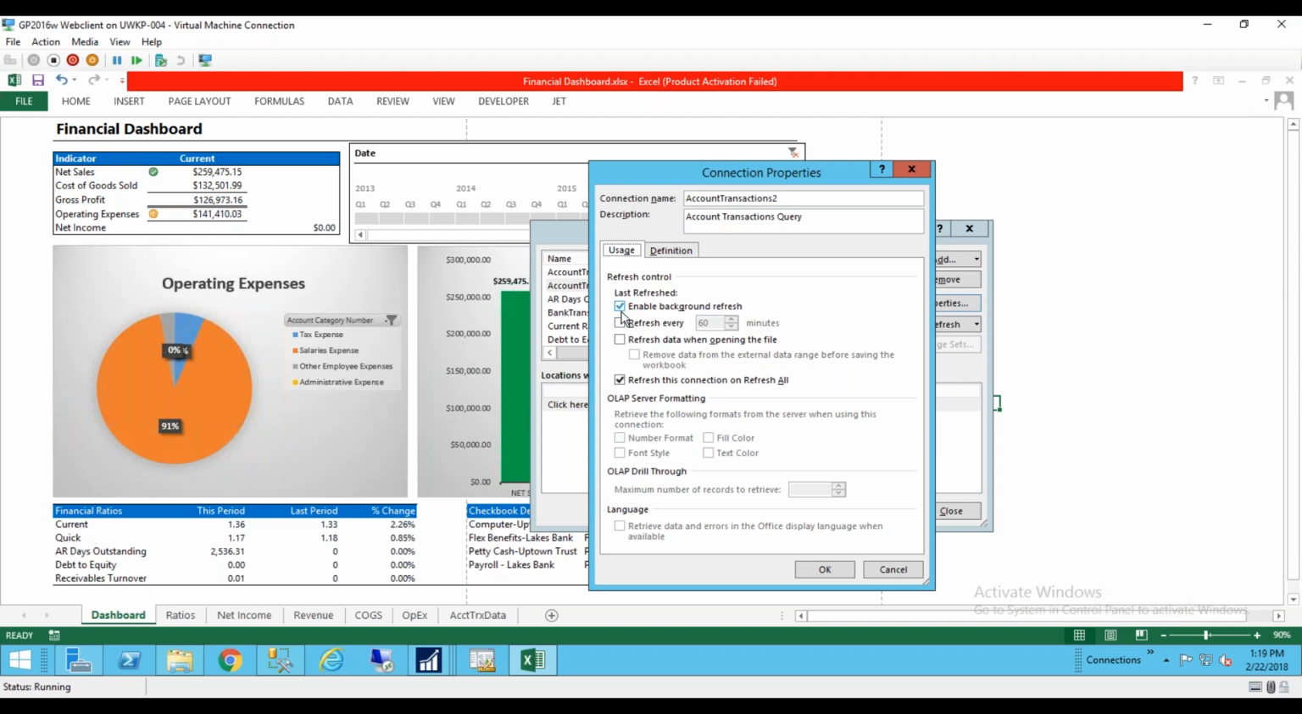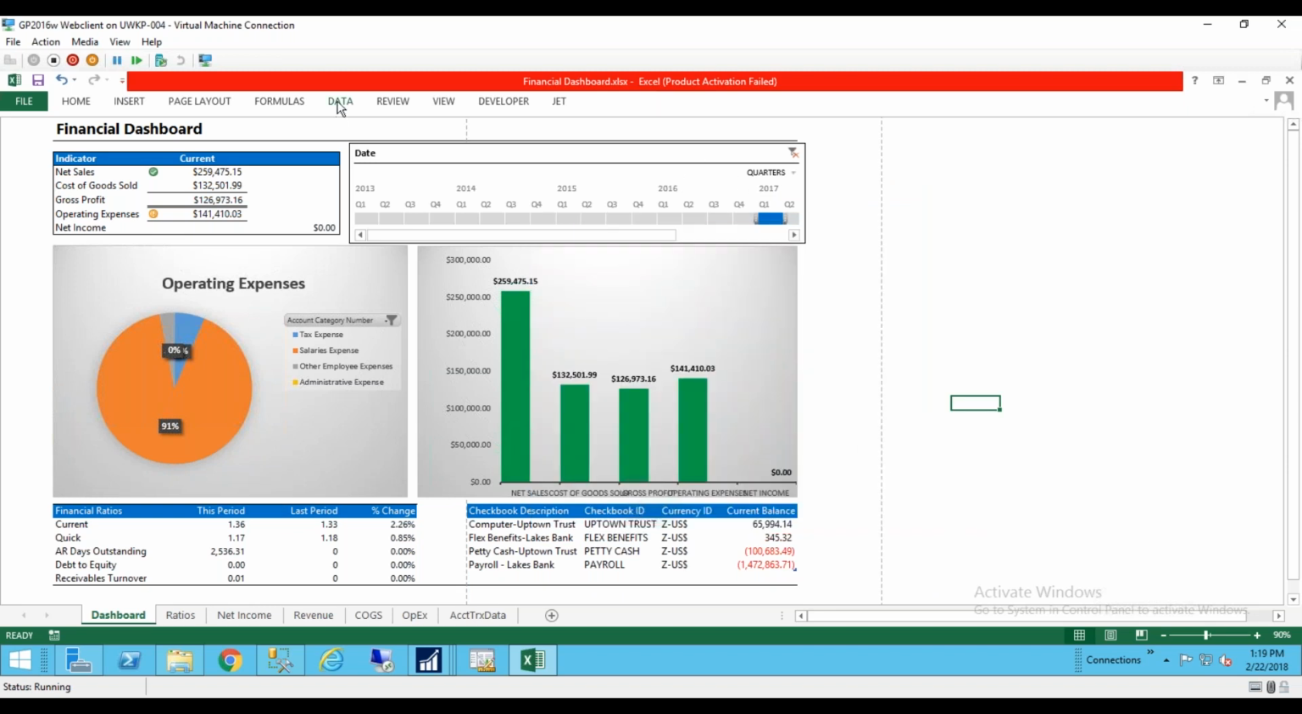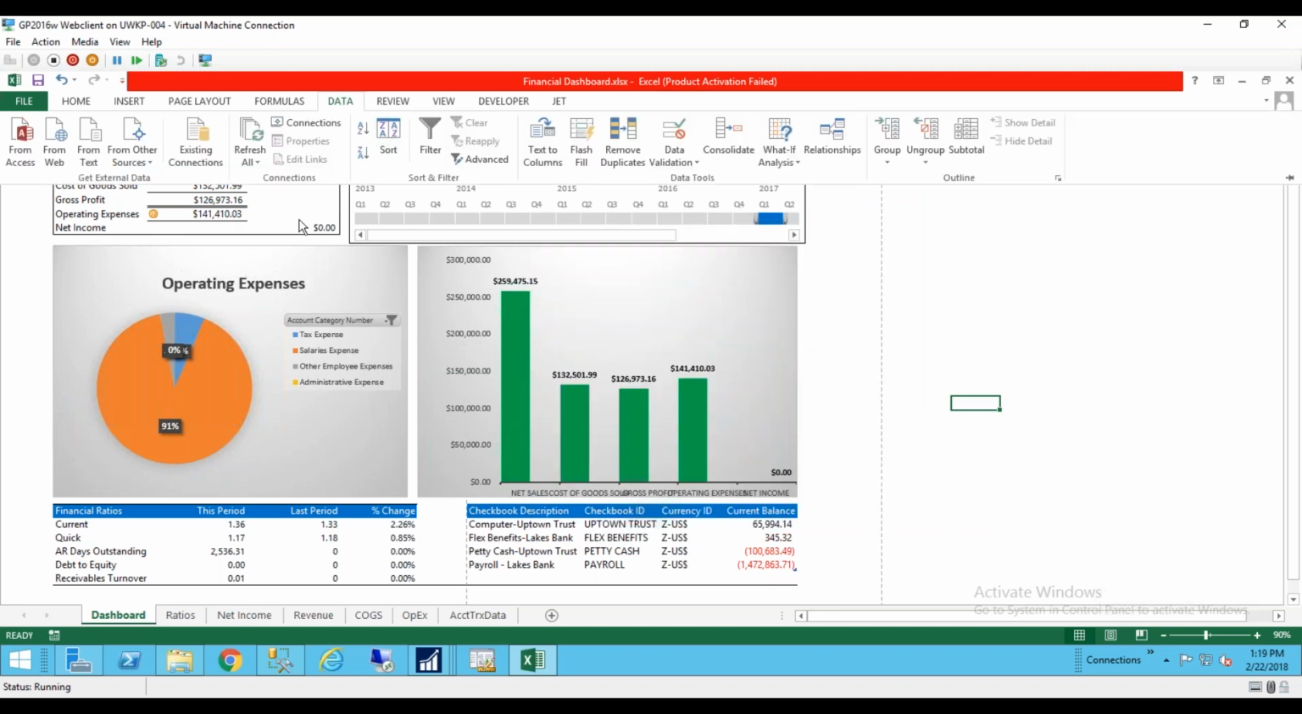Again, the refresh. All right, so we can enable background refresh. We can refresh this where it'll automatically reach out and pull in new information every whatever we want. If we want it every 1 minute, every 60 minutes, every 24 hours, whatever the case may be. Or if we leave it unchecked, to refresh this without changing the date, I would just go to Data and